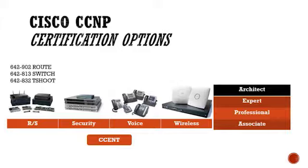So I've shown this slide probably, well, this is probably the sixth time, about the different professional level certifications and associate level certifications. This is the track we are on right now. For you to even get associate level CCNA Route Switch certified, you would need to pass the CCENT and ICND 2, which will get you CCNA Route Switch, or CCNA specialized in route switch. To become a professional level